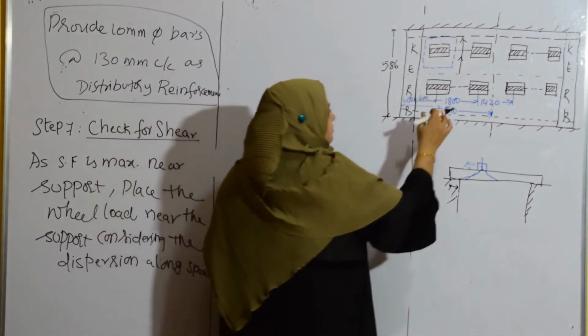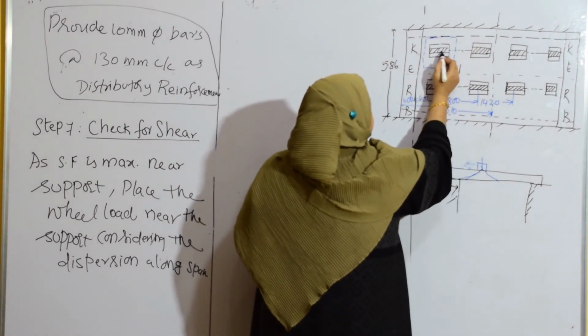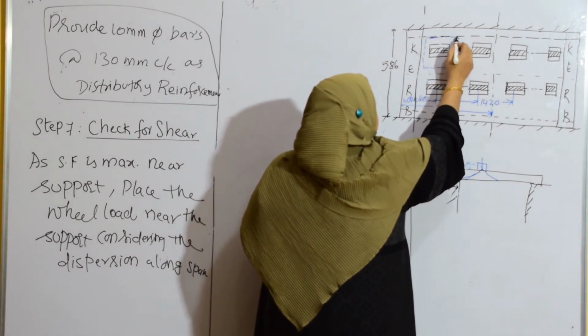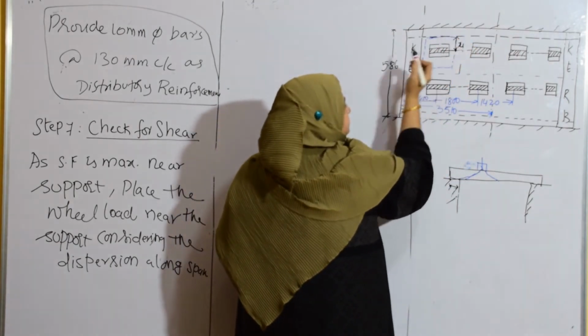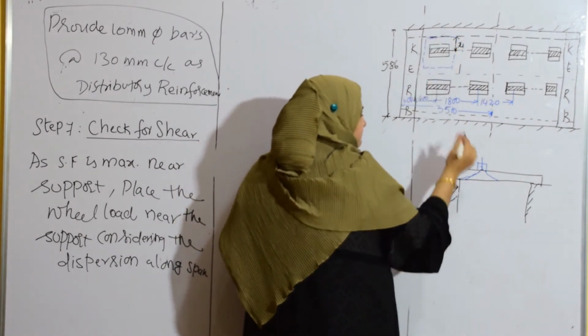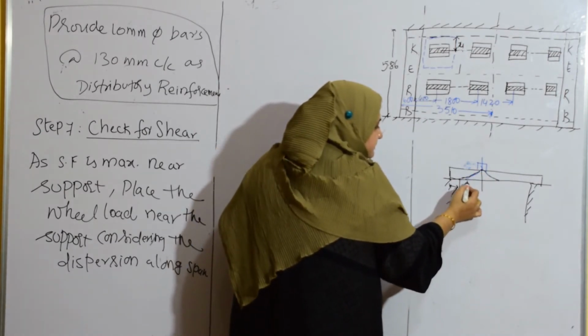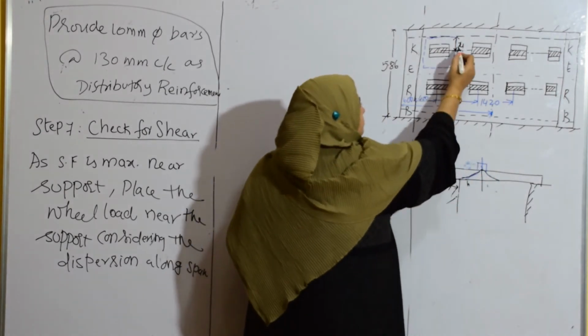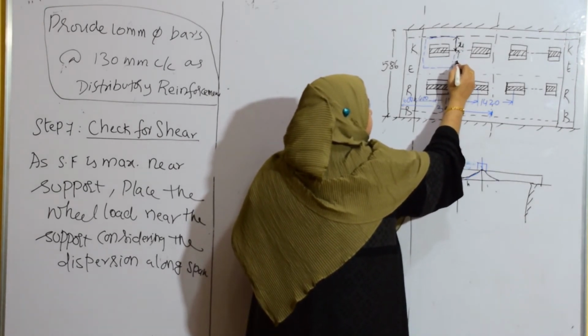Okay, now this is the direction of motion I am erasing because I need some space. Let me say this is at a distance x1 from the support. This is at a distance x1. Okay, then the dispersion is equal on both sides. Okay, this side dispersion is equal, half this side, half this side. So if this is x1, this is also x1. Please try to understand.